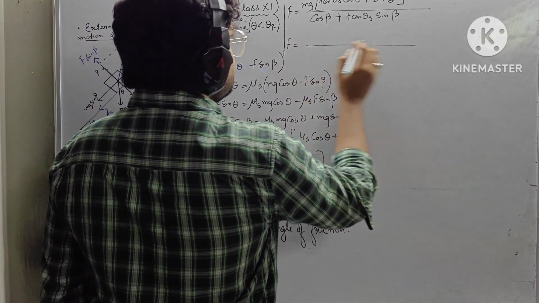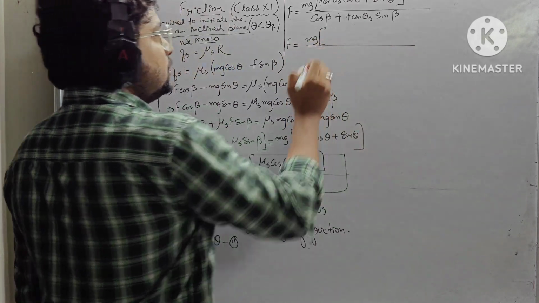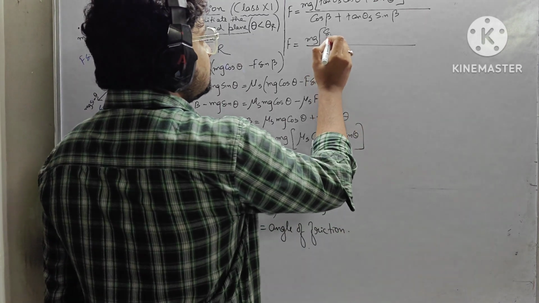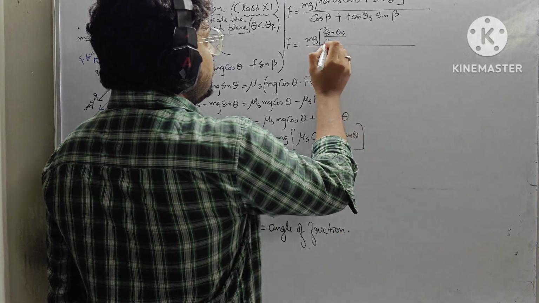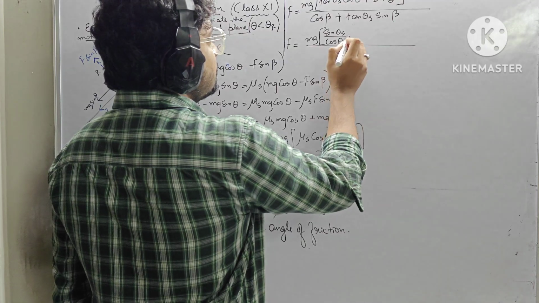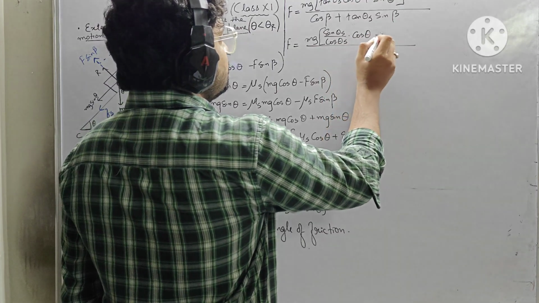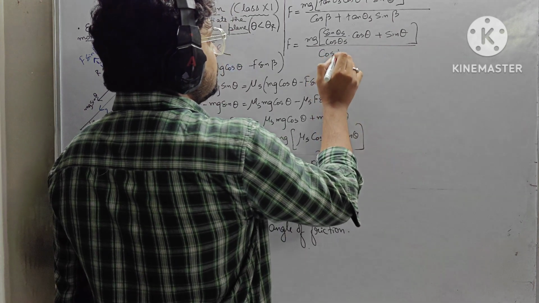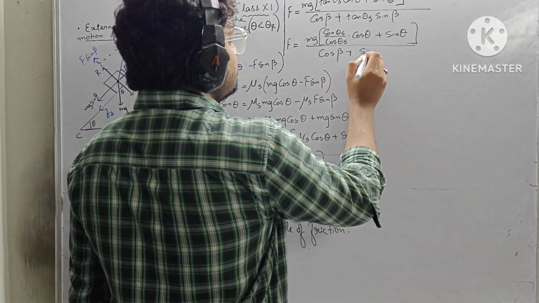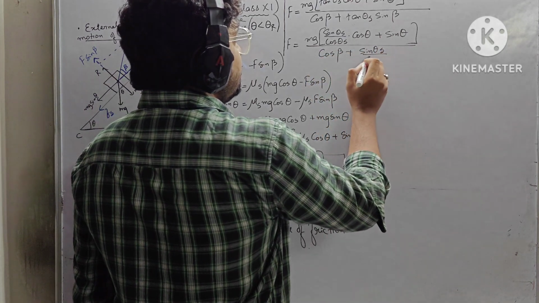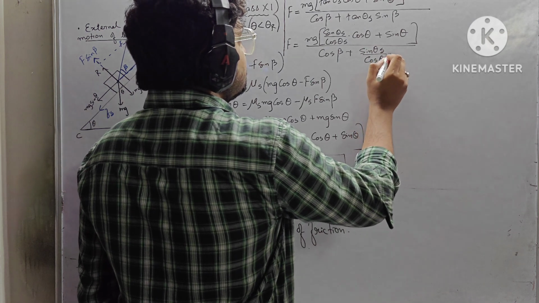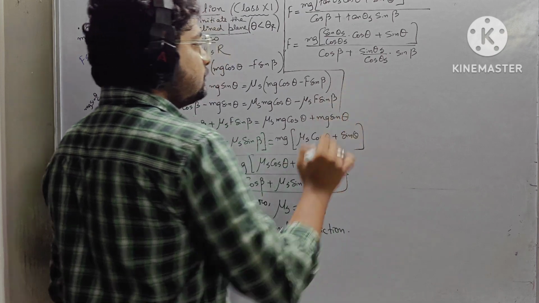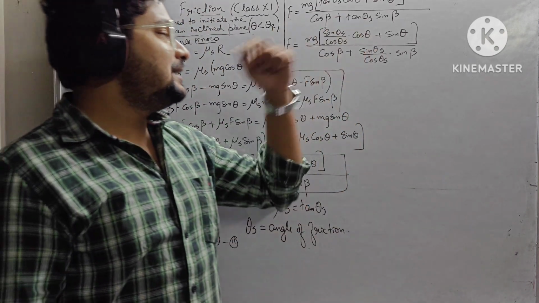So f will be equals to mg tan theta s, I can write as sin theta s divided by cos theta s, into cos theta plus sin theta divided by cos beta plus sin theta s by cos theta s into sin beta. Okay. Now if I do the LCM,